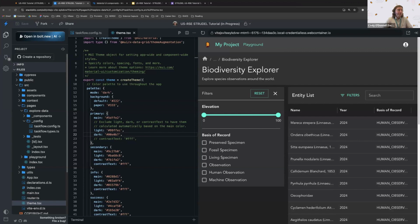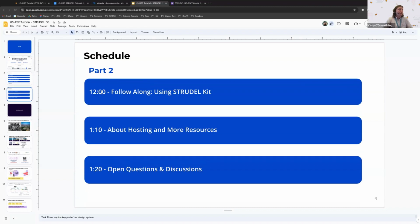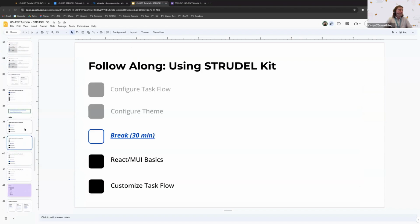Okay, if there's no questions, you should feel free to take your break a little early, and we will reconvene at, let's see, what did we say in here? We'll reconvene at 12 o'clock, where we'll continue the follow along. So right now we've done configuring the task flow. We did a theme configuration exercise, and now we'll take the break. It'll be more like 40 minutes, but I'll stick around for a little bit until 11:30 if people have other questions or just other things they want to talk about